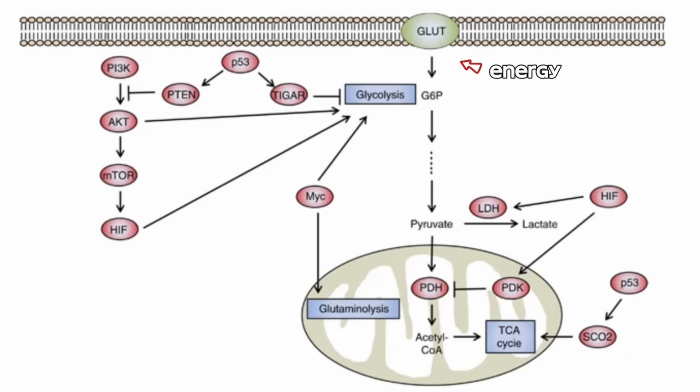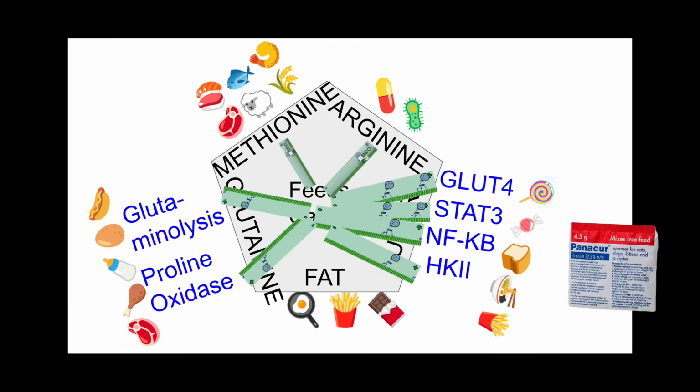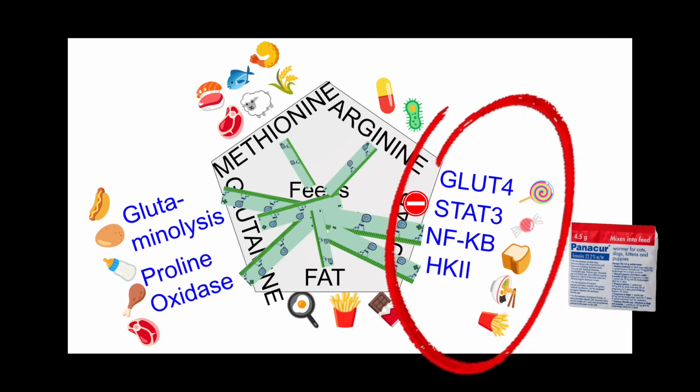Cancer cells need much more energy than normal cells in the form of, for example, glucose or glutamate. Certain of these metabolic pathways, or ways that cancer feeds itself, can be disrupted by fenbendazole to inhibit the cancer cells from feeding. Research has documented fenbendazole regulating glucose transporters like GLUT4 and STAT3 and